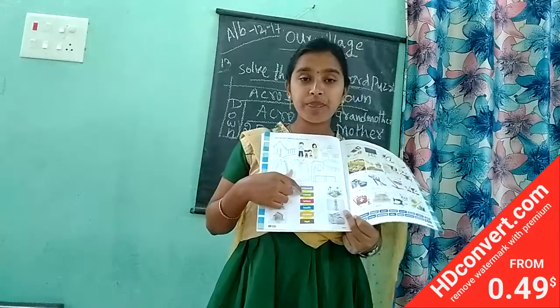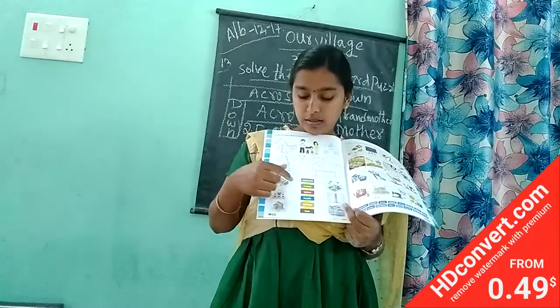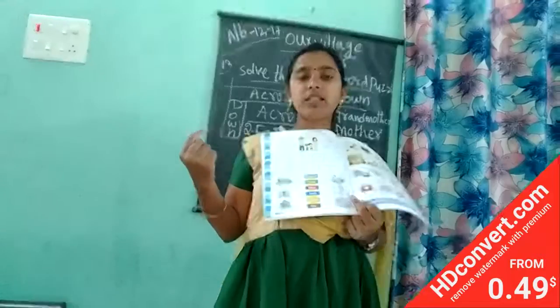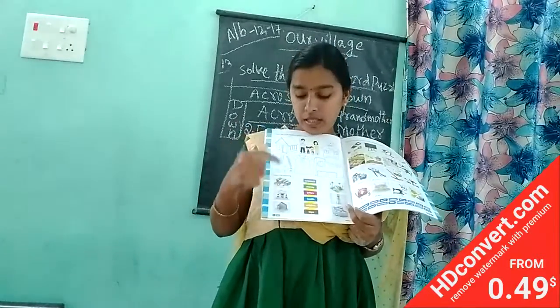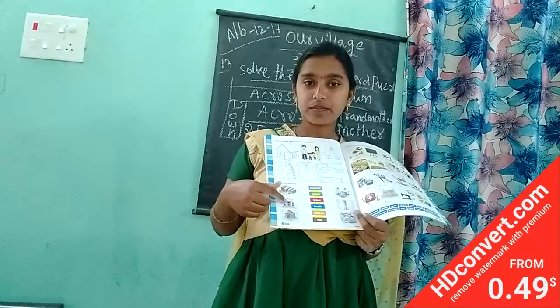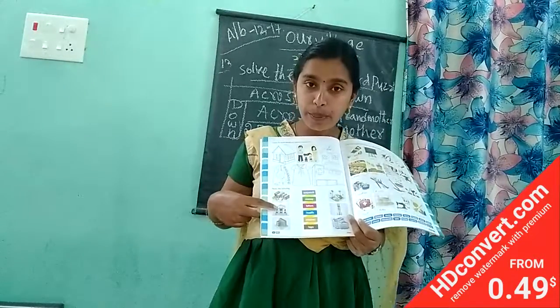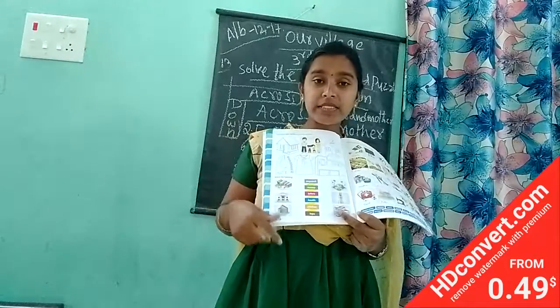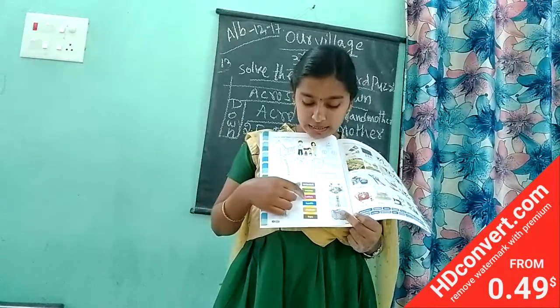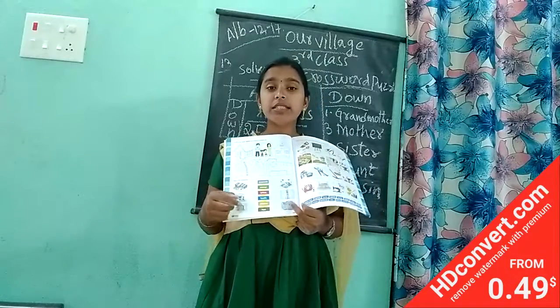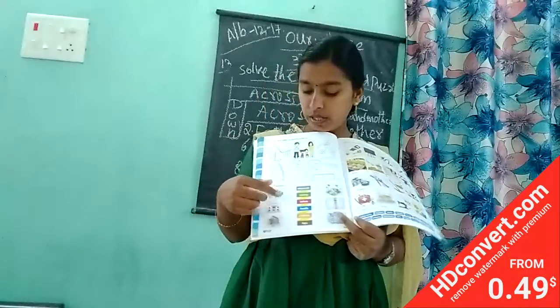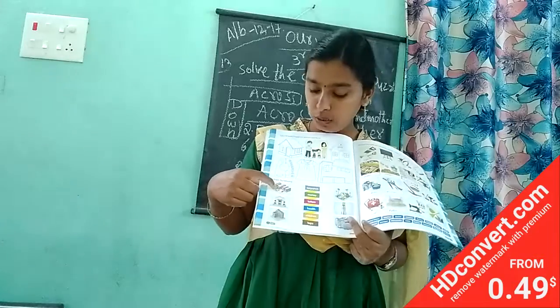And the next, money. Where will we keep more money? Where will we save our money? We'll save our money in a bank. The second one is a bank. The third one, letters. Where do we write our letters and where do we post our letters? All the letters will be posted in a post office. So the post office.